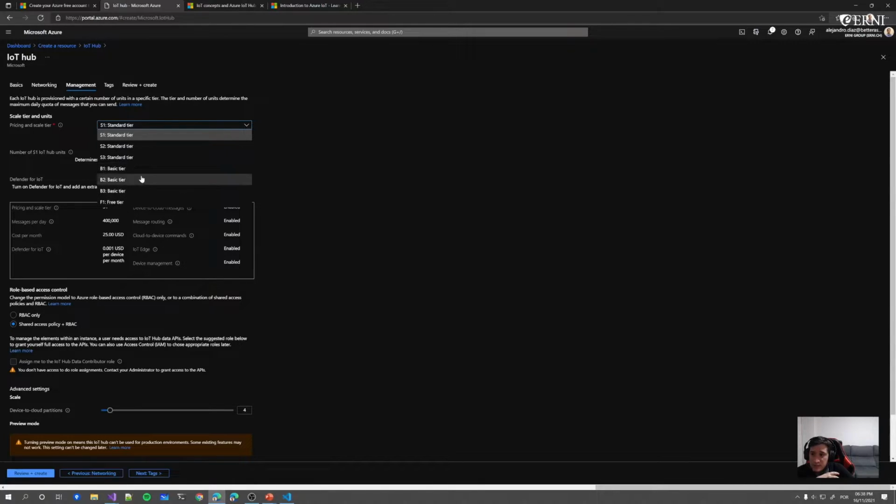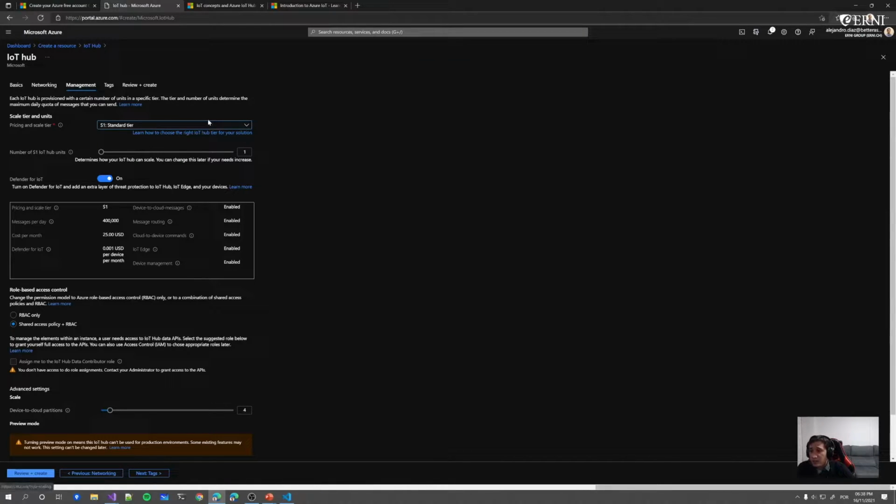You have a free tier, basic, and standard. Usually the difference is the capabilities that you have. The basic difference between basic and standard is that standard allows you two-way communication, and you can choose basic if you only want to send, for example, telemetry from the devices to the cloud. The standard tier has two-way messages, and you can send up to 400,000 messages per day per instance